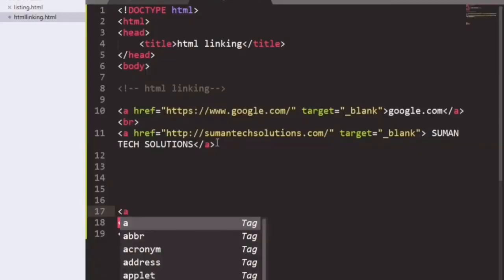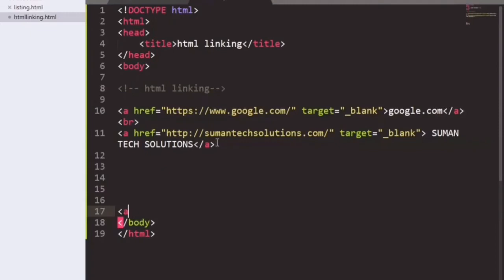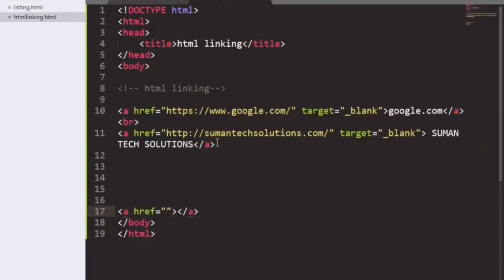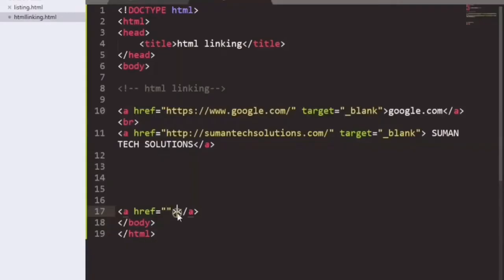After that, the anchor tag again, then href, double quotes, tag closed and anchor tag closed. In between this, I have written, open my file in your system.